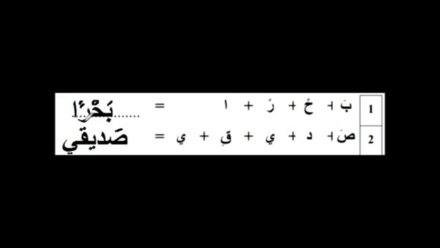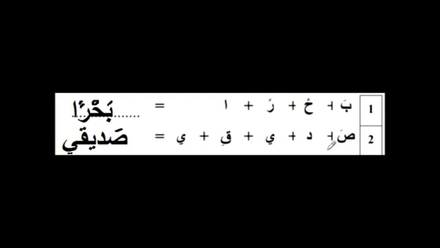The ha should have connected to the ra. We should have put the silent alif at the end because of the double fatha. N makes the sound N. Bahran, the alif would have been silent. We put the sukoon on the ha, which means there's no short vowel on the letter. We would put the fatha sound, the short vowel, on the ba. We go next to the word